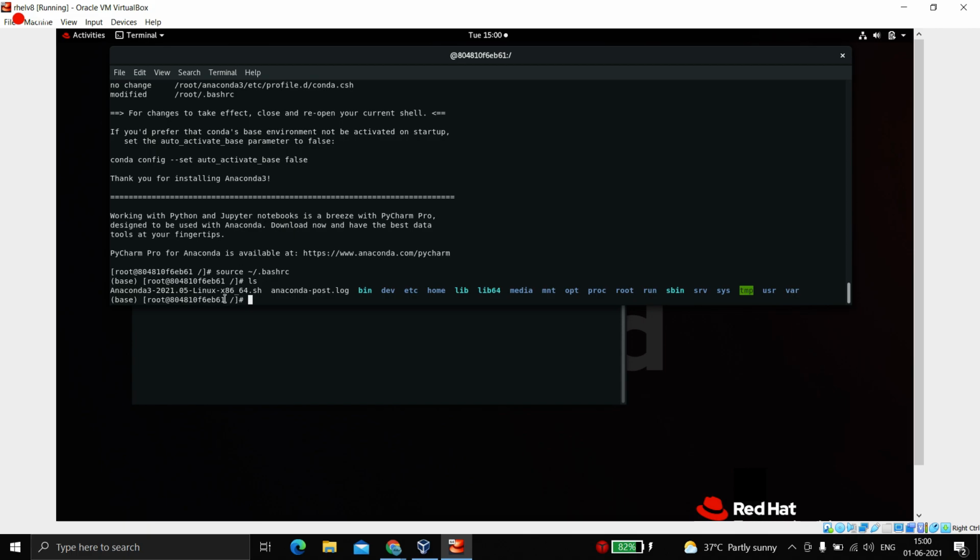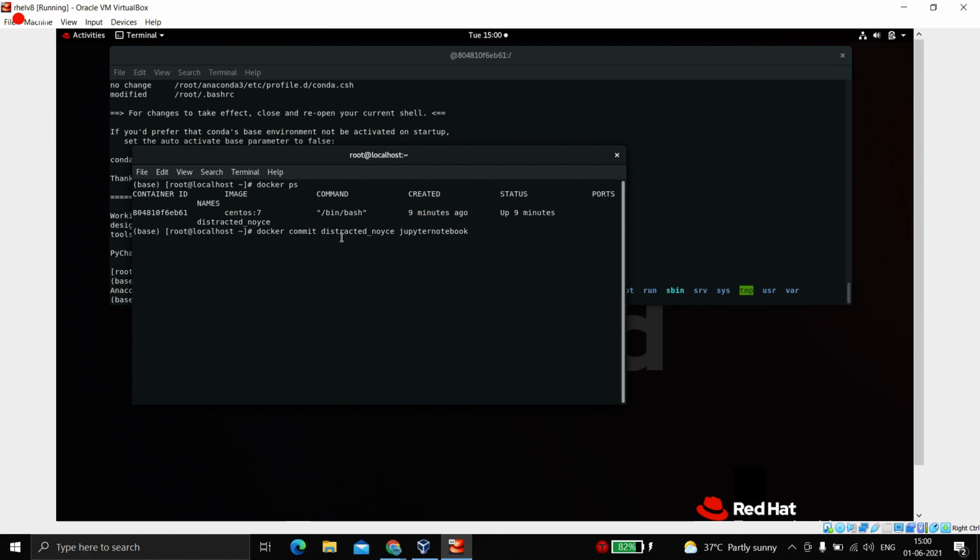So once we make an image out of it, we don't need this container. So finally I'll exit from it and I'll show how you can launch a container from this same image. It is taking some time because after installing such packages, it would be in GBs if you check the size, because I think Firefox and the two libraries which we installed with Anaconda make it a bit bulky.